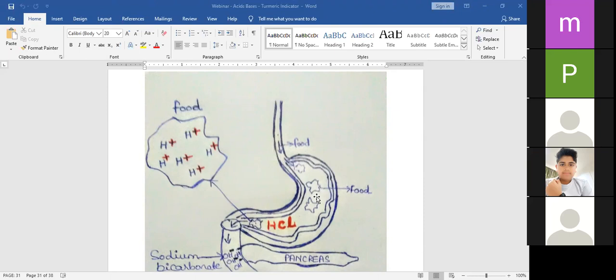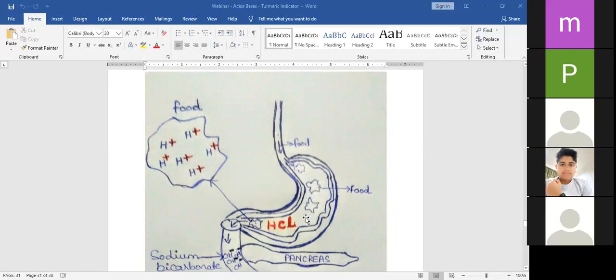And why do you need that kind of a strong acid? The acidity has to be so strong, only then is it going to generate an enzyme or a chemical called pepsin. And pepsin digests the protein. In case pepsin is not there, then the food cannot be digested, or the protein cannot be digested. That's why hydrochloric acid is so important, and the pH level of that acid is so important to generate pepsin, and pepsin digests the food.